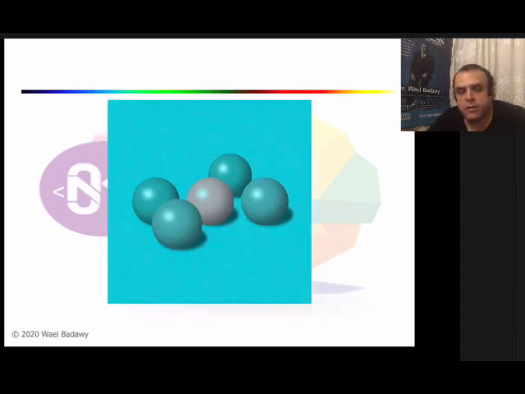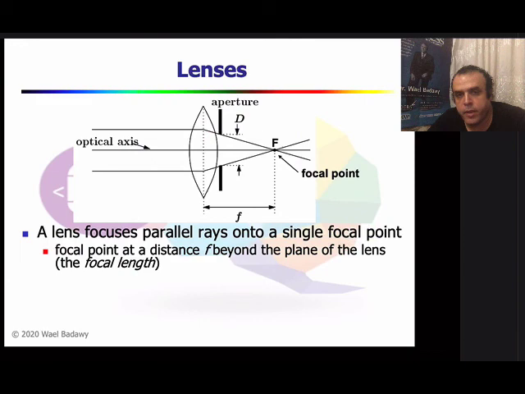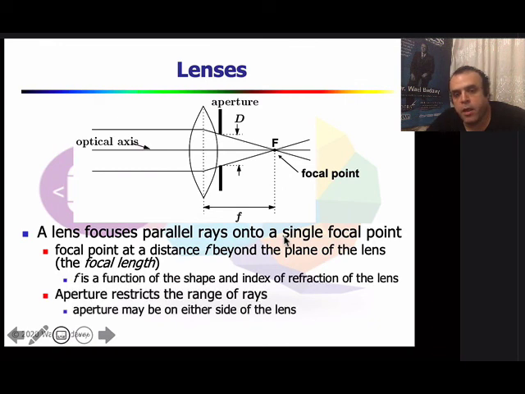If you move to the next slide, you will see the different locations of balls, and each one has a deflection. We can also talk about the Lytro light field camera, which is a type of camera that captures all rays. The lens of this camera, as you see here, has the optical axis, which is basically a central line going across the lens, and then the lens will deflect all the light rays coming from the subject,